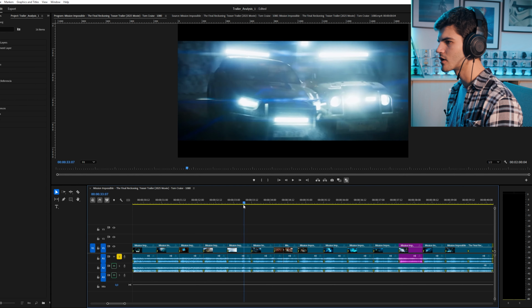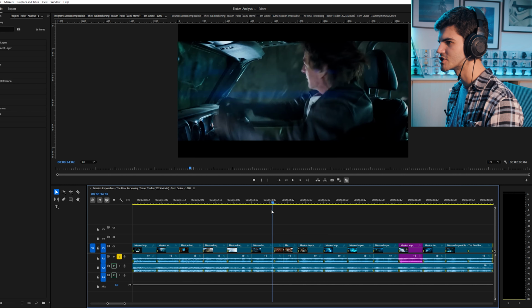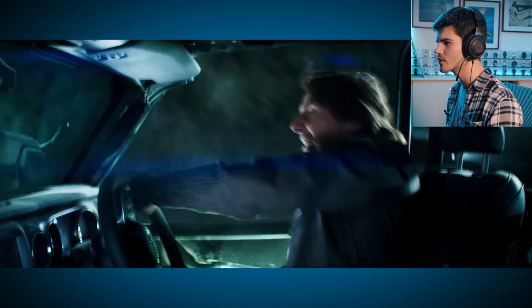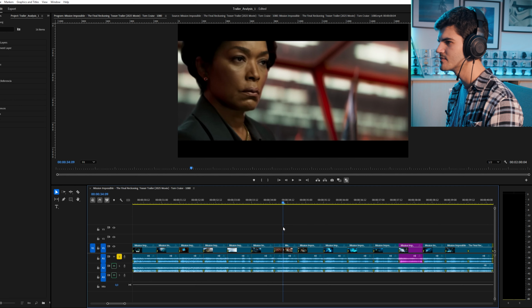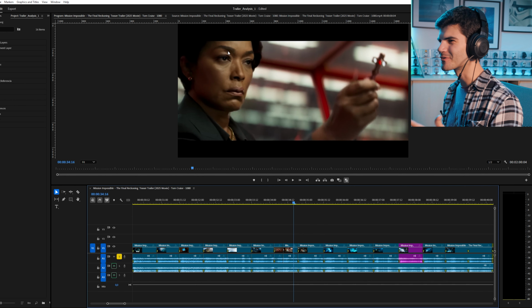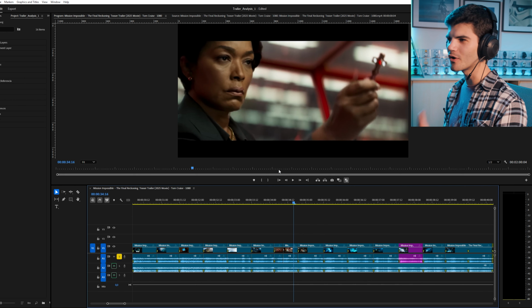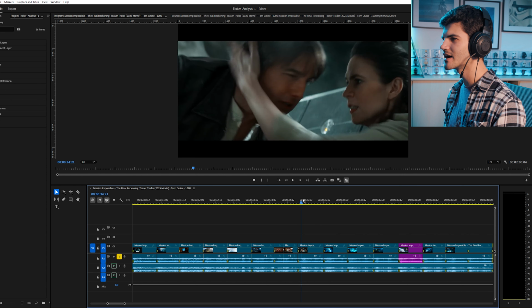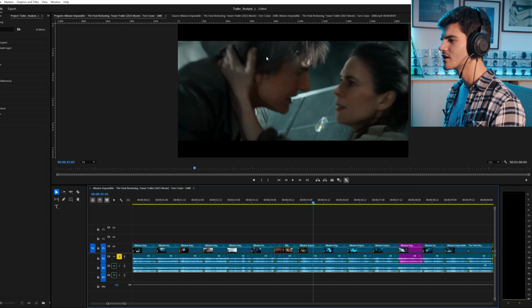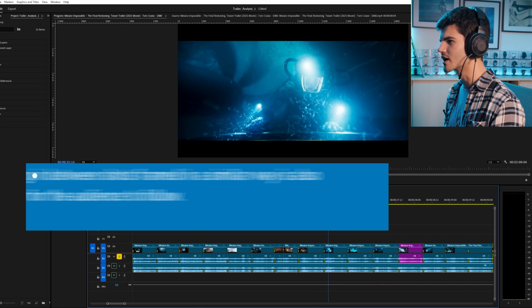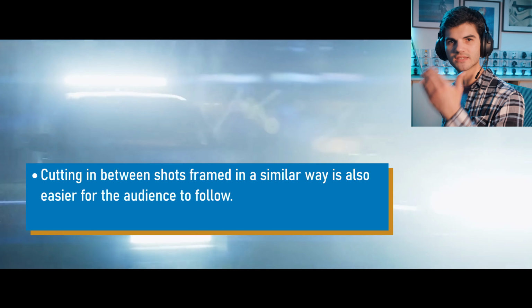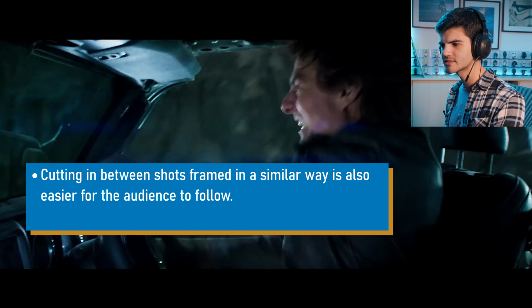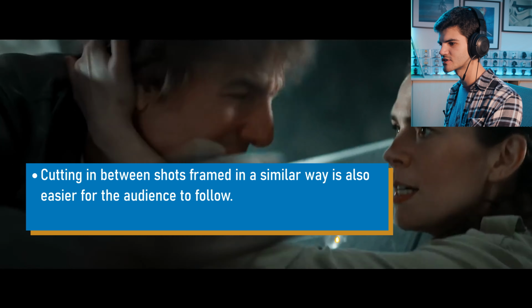And as the car hits the other one, Ethan gets shaken, and then he turns the wheel to the left, and there's this abrupt movement of grabbing the key. So this is all in a row. And she's on the left of the screen looking right, and then it cuts to Ethan on the left of the screen looking right. So one shot motivates the next shot, which motivates the next shot, which motivates the next shot.